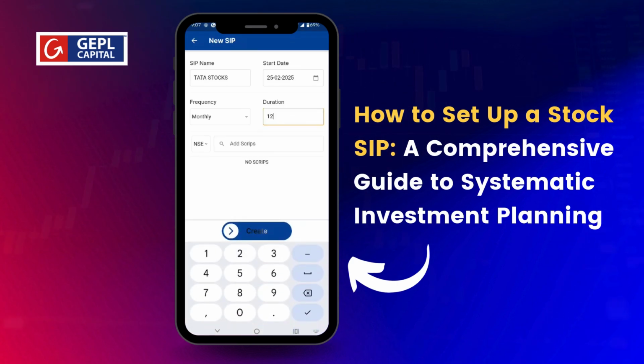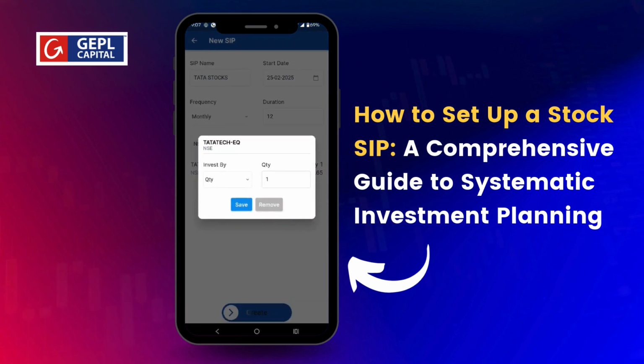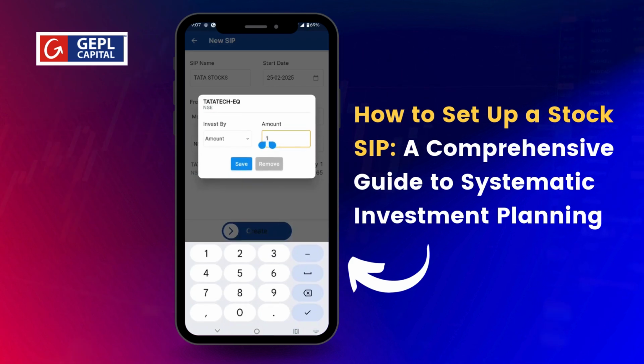Then you can select the stock which you want to add. Type the stock name. Click on the add button. Here you have 2 options. You can either invest by quantity or amount. Select your quantity or amount